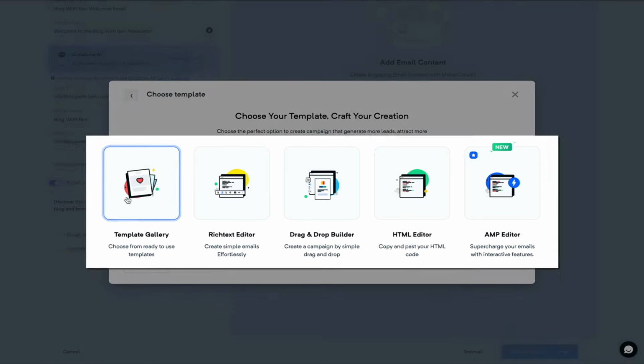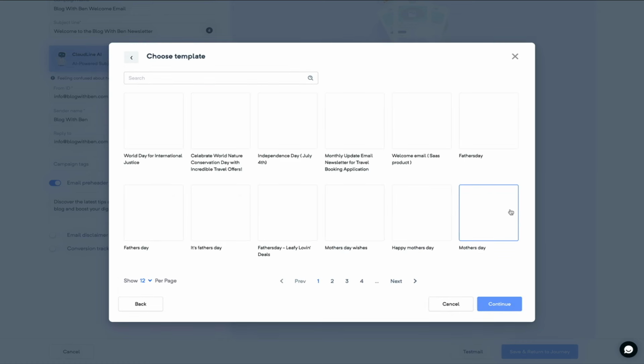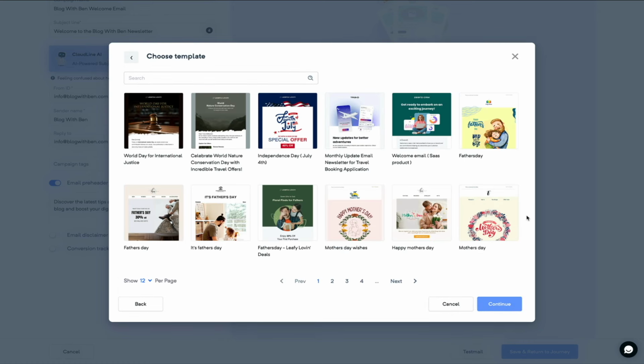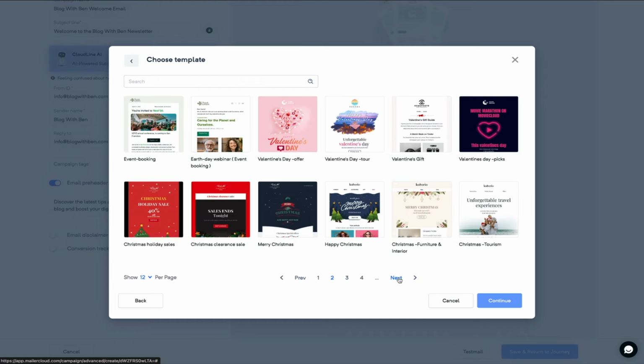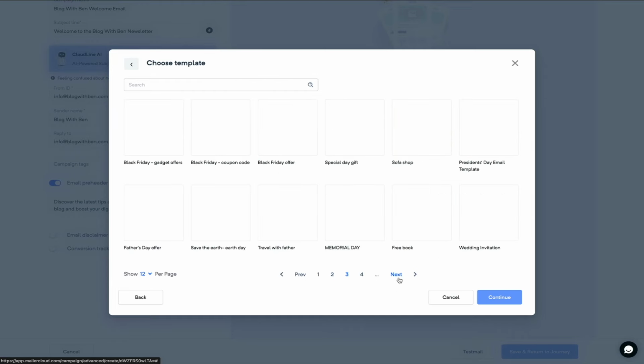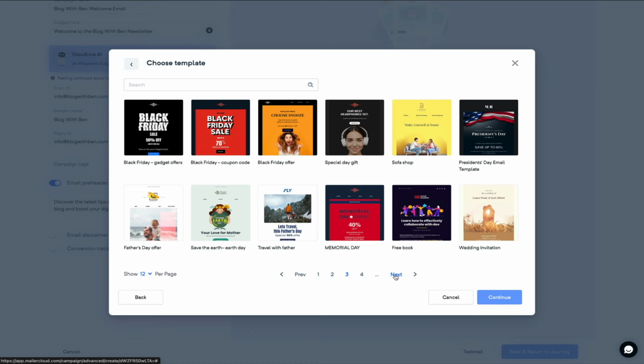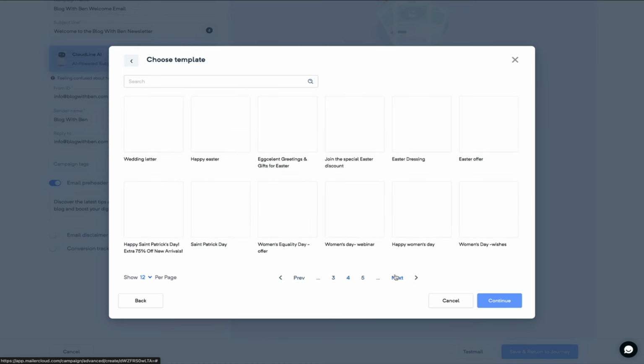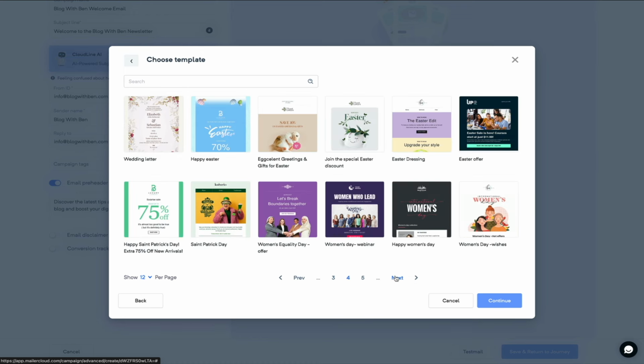the template gallery. And this will open the template gallery, obviously, and this is where you can browse and preview all of the pre-made email templates that Mailercloud has to offer. As you can see, they have a ton to choose from and various types of campaigns for different seasonal campaigns and different strategies. You can even use the search bar to search by keyword if you'd like, and I'm going